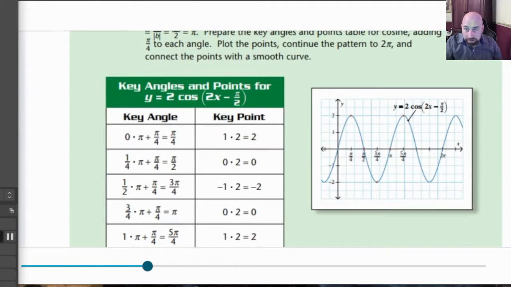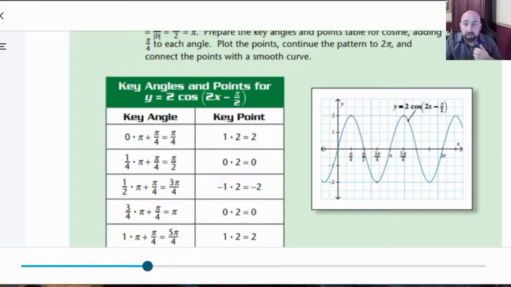Remember, we're making our chart, right? So we're putting our key angle, we're figuring it out. If you don't remember how to do that, make sure to go back and watch one of the previous videos that I've done. So you're making your key angle here, and you're multiplying times 0, times 1/4, times 1/2, times 3/4, times 1. In other words, every little bit you're moving over to see where it's going to be on the y-axis. So what you do is once you calculate all of these,